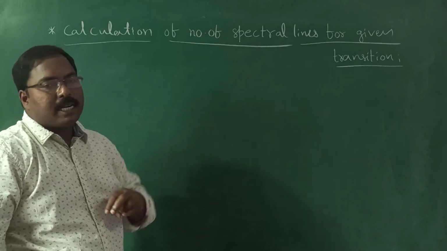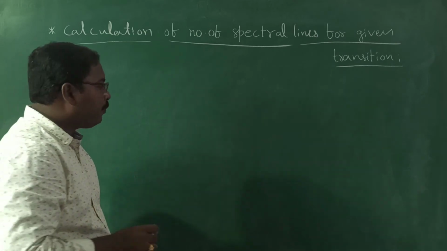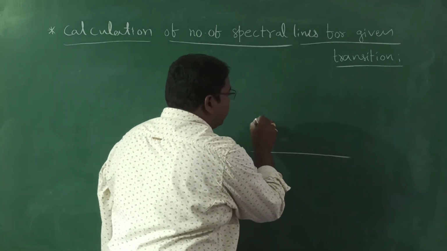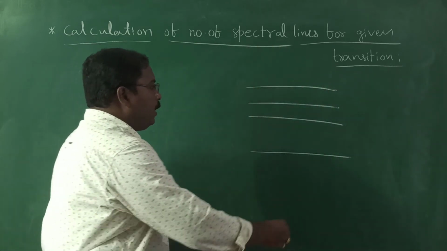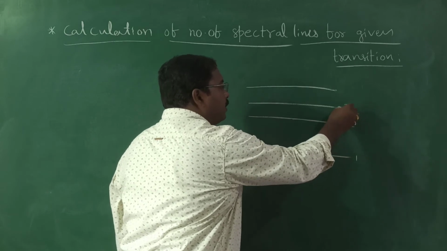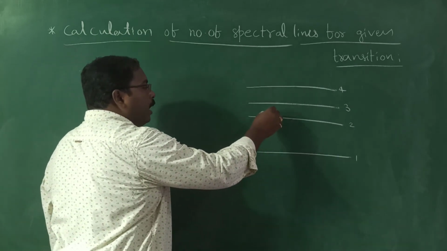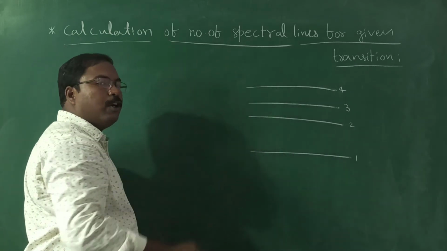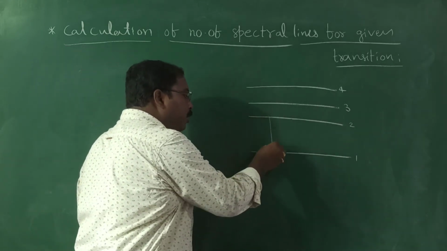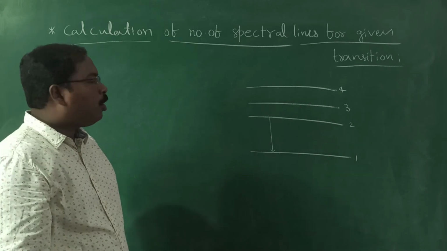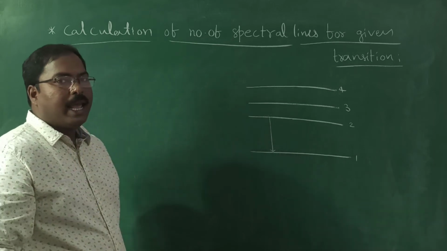Before giving the shortcut formula, first I will explain to you theory-wise. After this discussion, then I will give you the formula. Okay. Let this be the first orbit, second orbit, third orbit, fourth orbit. Let our electron be present in the second orbit. So definitely it will jump directly from second to the first. So how many lines will we get? Second to first means we are going to get only one line. Right?